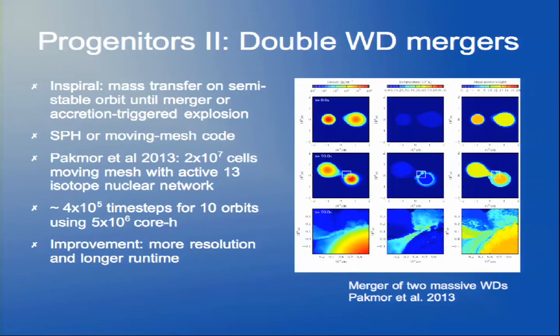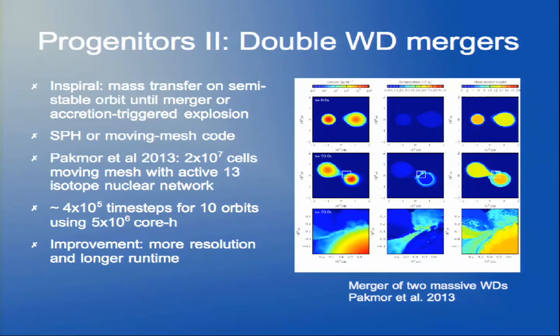So for a different progenitor system, this is for a merger of two carbon-oxygen white dwarfs that are both below the Chandrasekhar mass. What happens here is that you have this binary system. They are orbiting around each other, and at some point they come close enough that you start mass transfer. And in this particular simulation, we incorporated the helium shell that you always have on top of carbon-oxygen white dwarfs. And what you see then, if you follow this for about 10 orbits, is that because of the accretion,